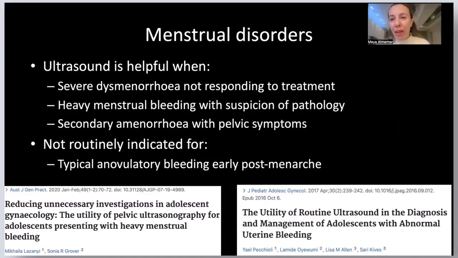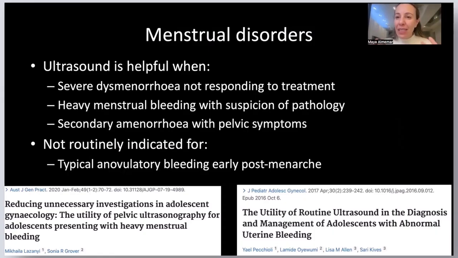But I should say that generally, when we're looking, particularly in the first couple of years after periods start, and we're trying to reassure girls and assess girls with heavy or painful periods, on the whole, ultrasound tends to be normal. And the reason for that is that most of the problems related to heavy and painful periods is related to anovulatory cycles, which are very common early on after menarche. And therefore, there are many studies that show that ultrasound doesn't necessarily change our management in those first few years when we're scanning for difficult periods, as about 70 to 75% will be normal.